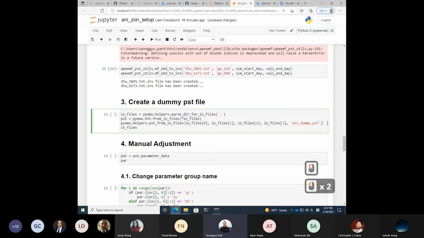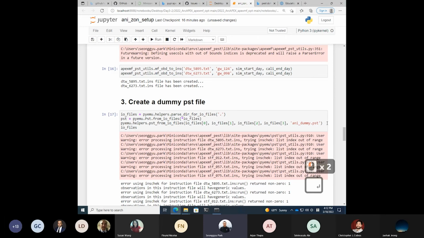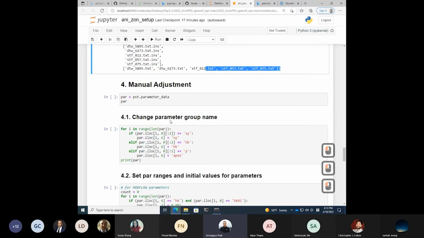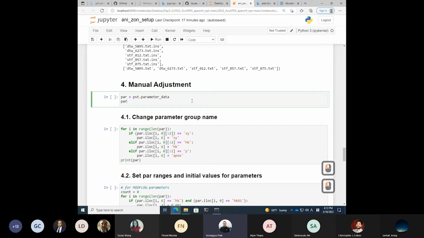And you can just change in whatever you want, and then they are going to collect all of the information. I now have the PEST template, and this PEST template and actual original data PEST and farm templates and original farm debts and depth to water instruction file, and here's a simulation of extracted file like streamflow as well. So we need to set up a little bit about the parameter range,